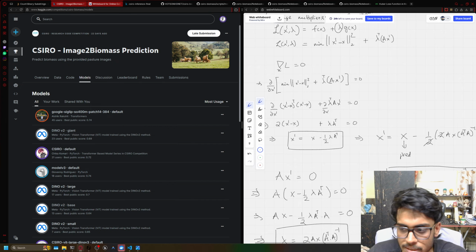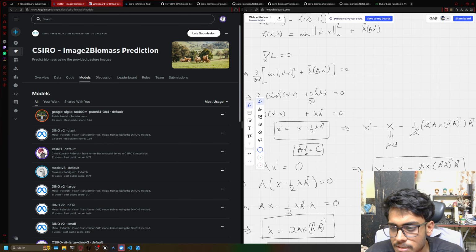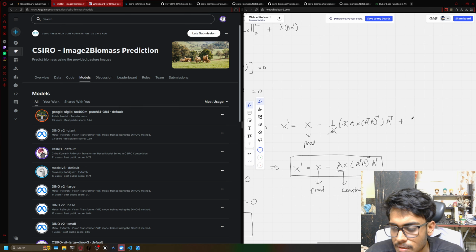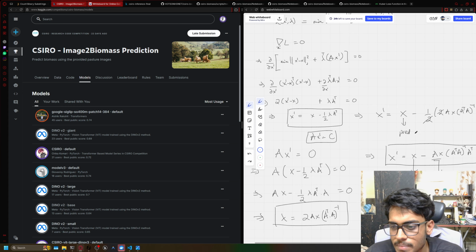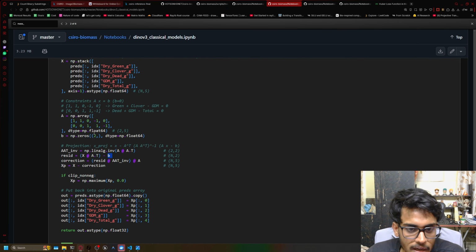You can also use the same equation when a times x is some other matrix, some c. The equation will stay something like this, it will just add your C matrix here. But here the C matrix was a 0 matrix, so I don't care for it. I have written this B for the constraint term. After that I was performing the correction, subtracting the correction value